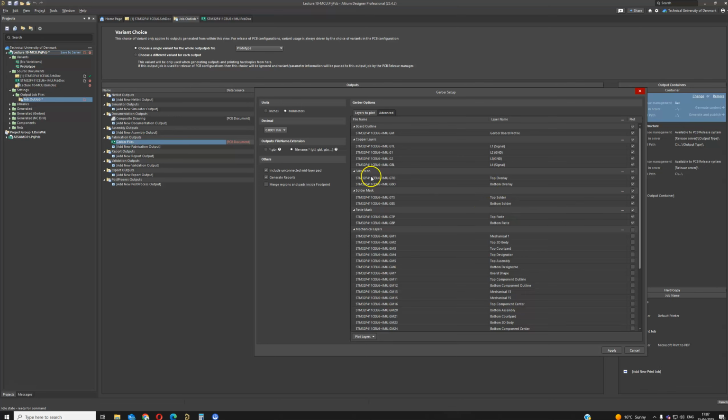So if some layers we don't have, then we can just remove. So top overlay, we don't have anything on the bottom overlay, for example. And we don't have anything as a solder mask in the bottom. And we don't have any paste on the bottom, so we can just remove them. Maybe we can activate this board shape, but yeah, it's already here. There's a board shape, but let me just add it, and then apply,